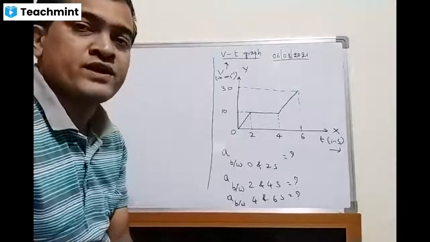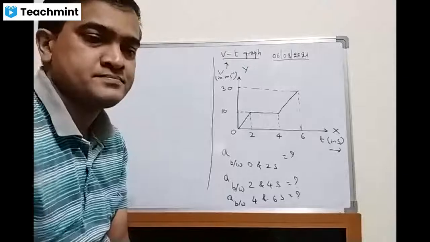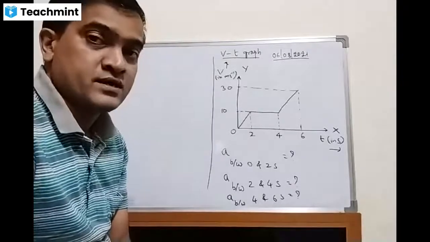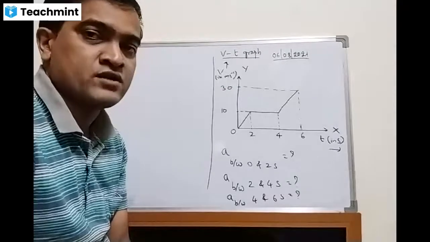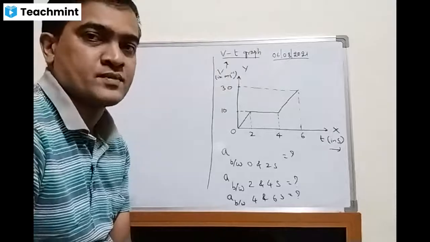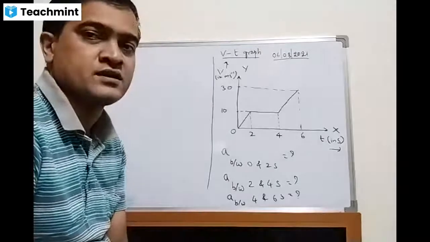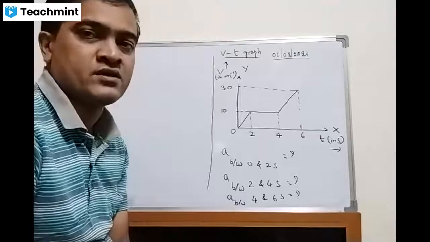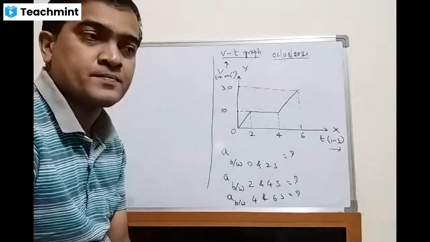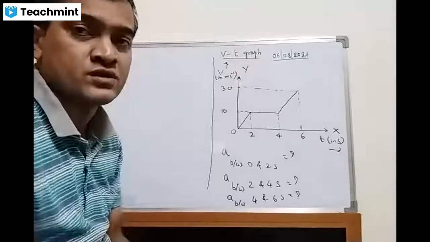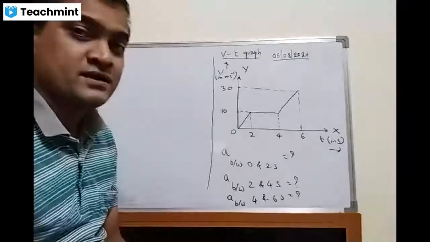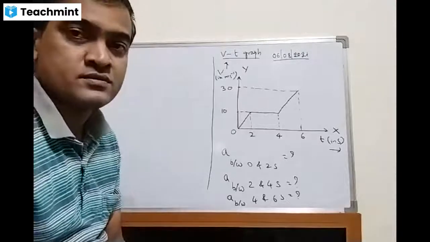So how to find out acceleration? Change of velocity by time. Yes, that means rate of change of velocity, that means dv upon dt, or I can say delta v by delta t, or dv by dt. dv by dt gives what? Acceleration. But dv by dt, a division, gives what?